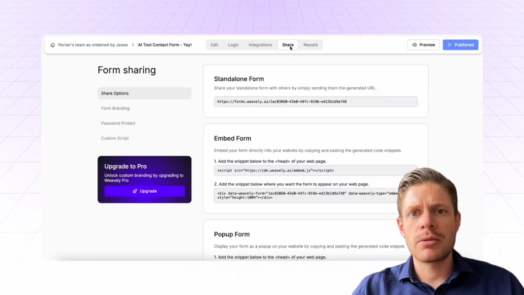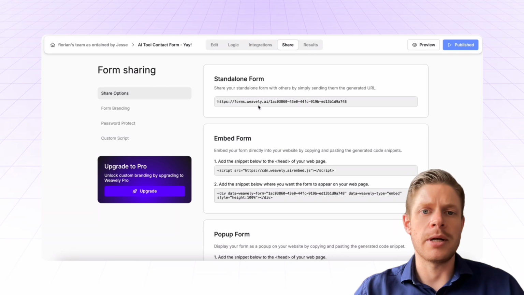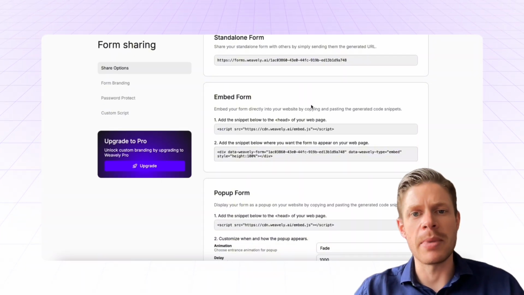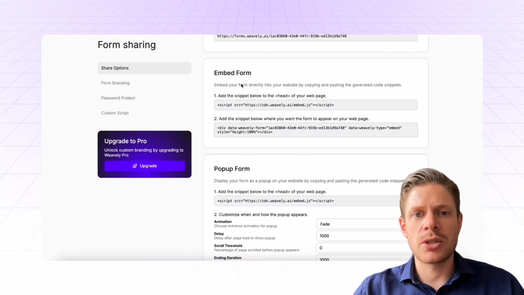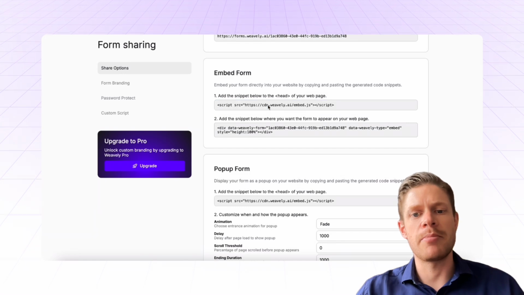And of course, given that this is Weavely, we'll have the form as a standalone form, but that's not what we want. We want to embed it on our website. And here's two ways to do this in Weavely. So the first thing is just with a regular embed. So what you'll need to do is copy this script and put it in the head of